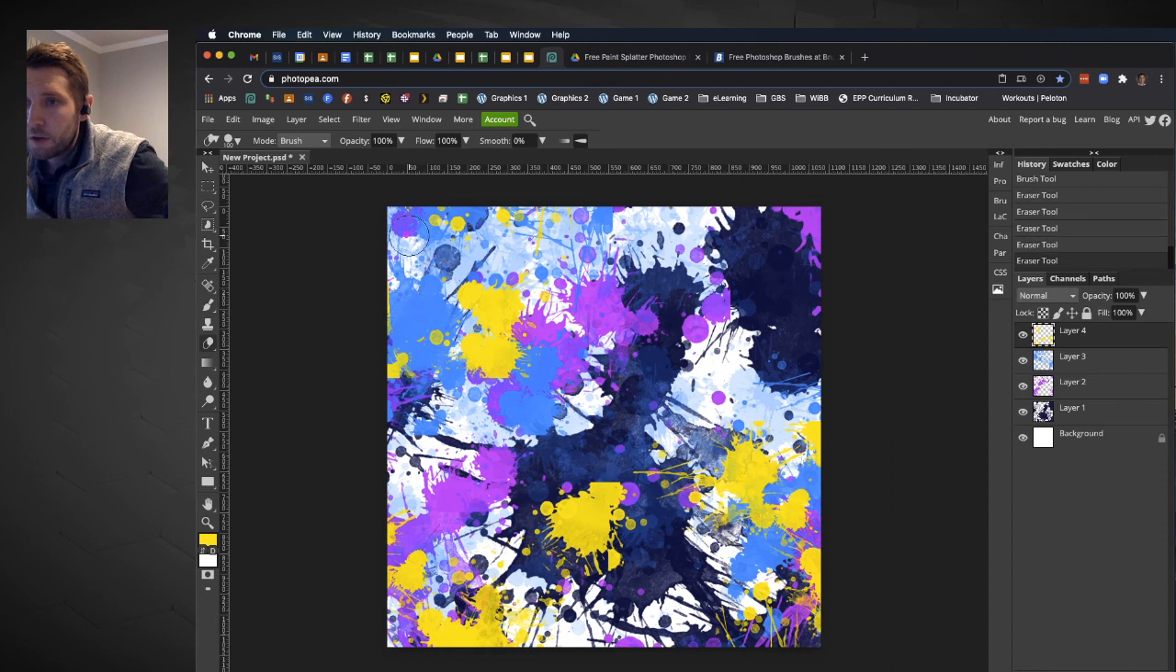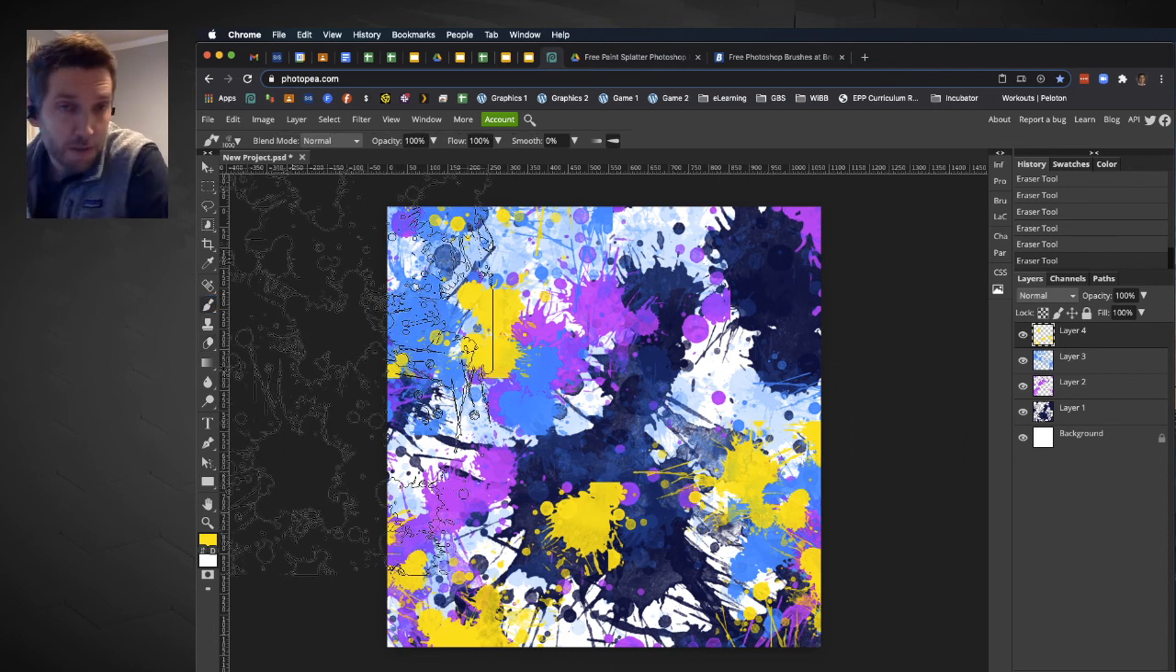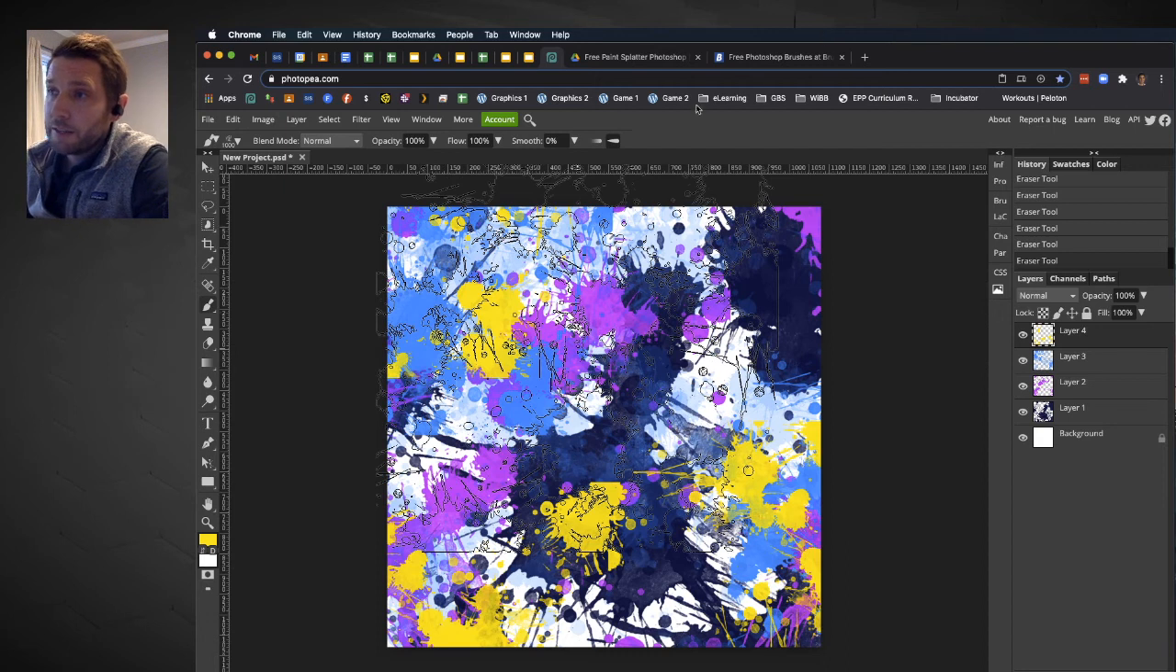All right, you could also play around with the opacity of the brush. As you're using it right in here, you can set that. That's how I have this semi-transparent layer right there in the blue. Once you're done, save it as a PSD and export it as a JPEG. You could also then go to